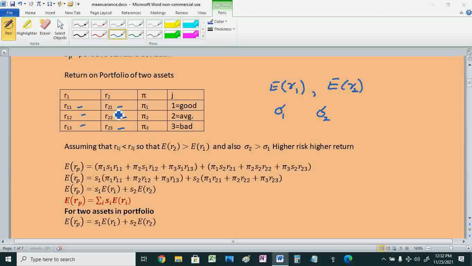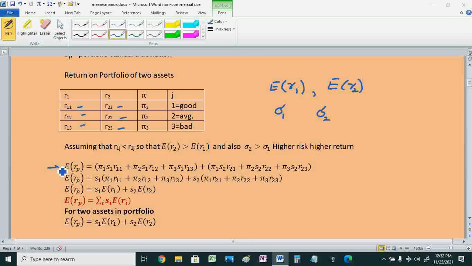And this means that we will have the expected return on asset 2 greater than the expected return on asset 1. Assuming the normal conditions where we expect a positive relationship between risk and return, we will be maintaining that the standard deviation of asset 2 is greater than the standard deviation of asset 1. And then see that we have written down the statement for the